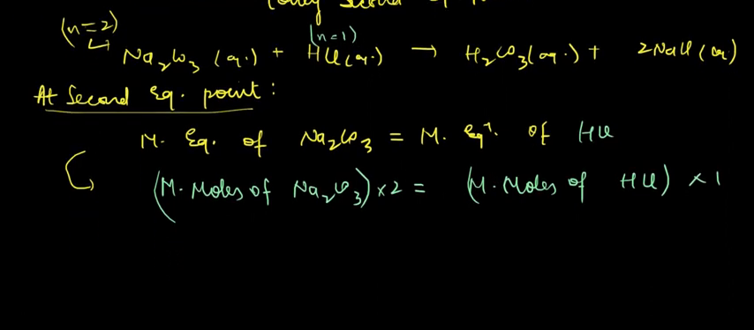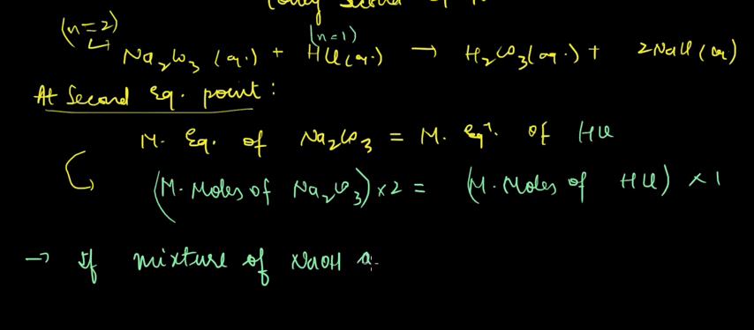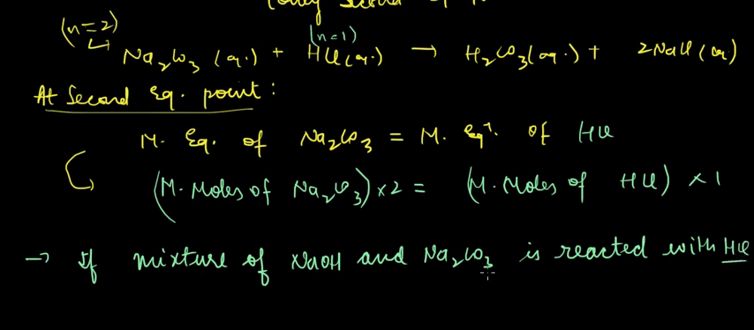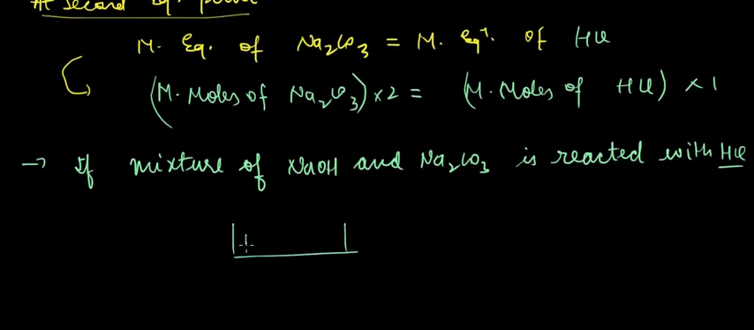Okay, next let us see what will happen if a mixture of NaOH and Na2CO3 is reacted with HCl. If a mixture of NaOH and Na2CO3 is reacted with HCl, then what will happen is